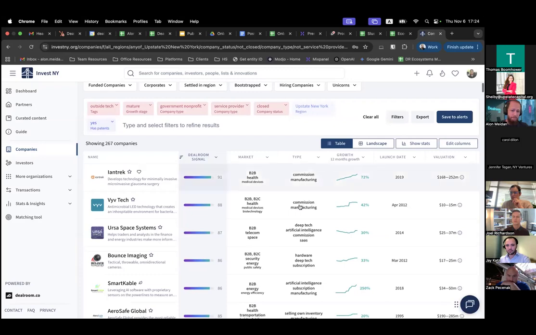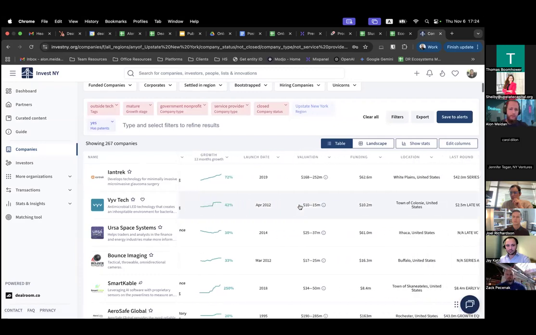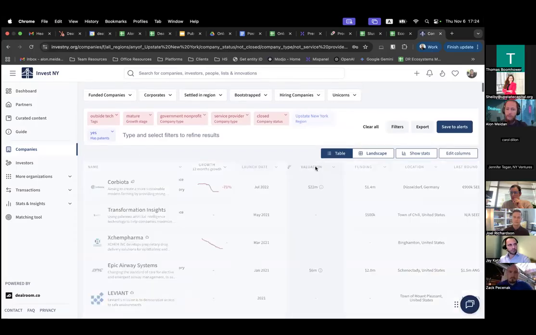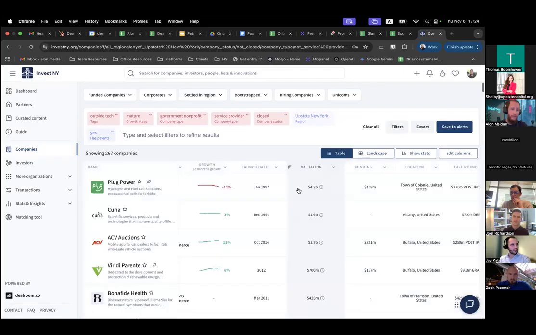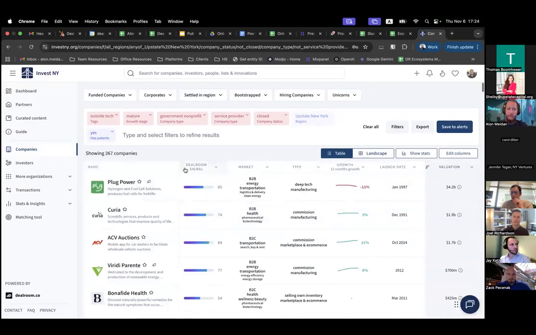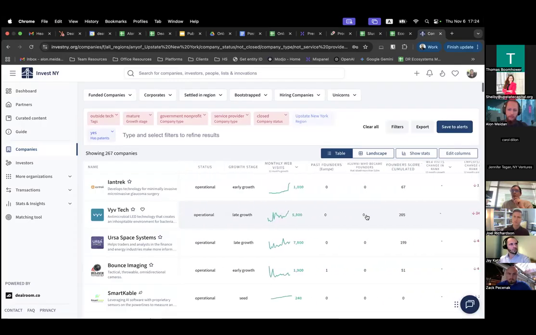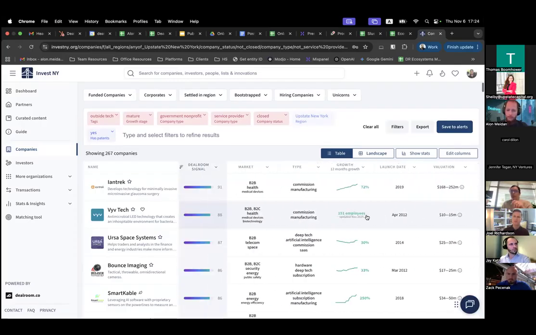Another thing you can do is resort the table with any of the columns, really. Would you like to look at the youngest company? You can do it. You want to look at the one with the highest valuation? You can do that. By default, they're sorted by the DRM signal, which I'll explain a bit more about when we go into a company profile, but you can always resort them through any of these columns.